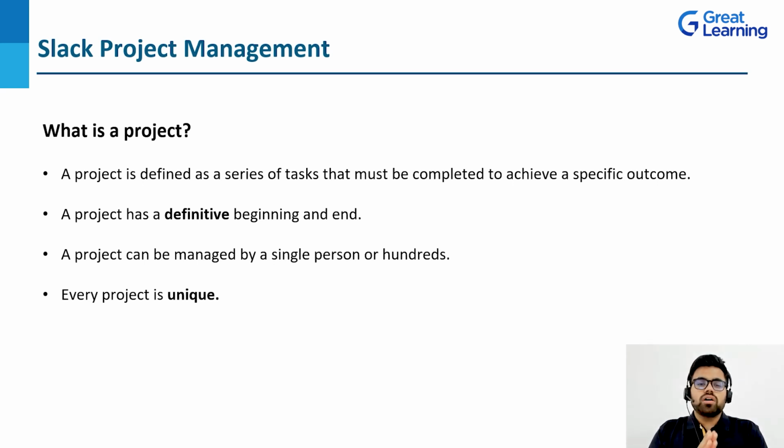Now, a project can be managed by a single person or hundreds of people or multiple managers, we can say. So what does this mean? It means that it completely depends on the scope of the project. If a project is massive, then you would require a lot of different managers to manage that particular objective. But if the scope of the project is very small, like a college project that you're doing, a small scale project, then you would not need too many people to handle it. You yourself can handle it or two other friends can handle it. So in this way, what a project is totally depends on the scope of how big or small it is. Lastly, every project is unique and is a one-time activity.